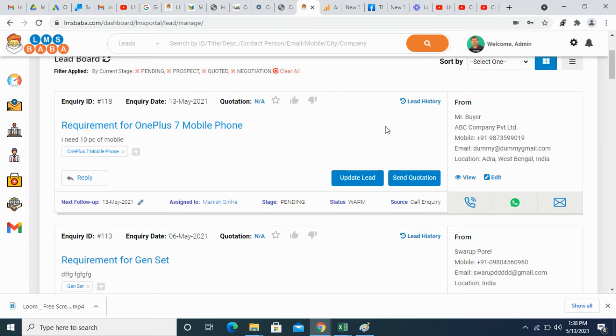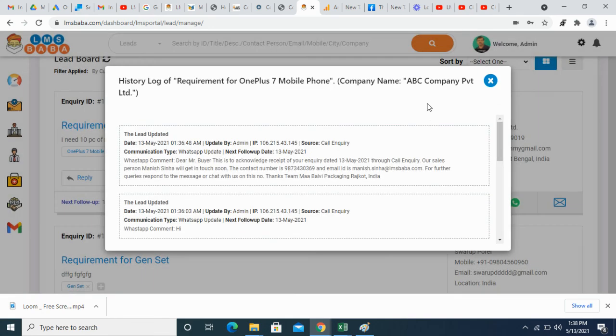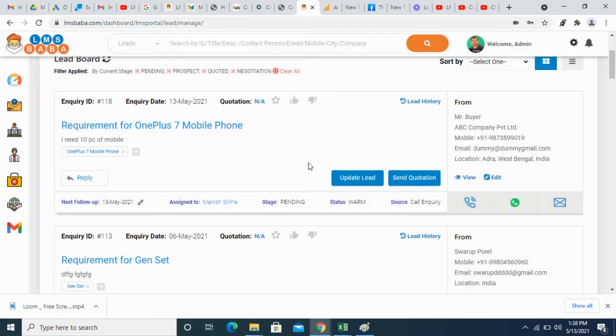And if the call was not talked, then it will ask you what the reason was. So the number was not reachable, or something else, and then submit it again. Everything will be recorded here. So there, all three mediums